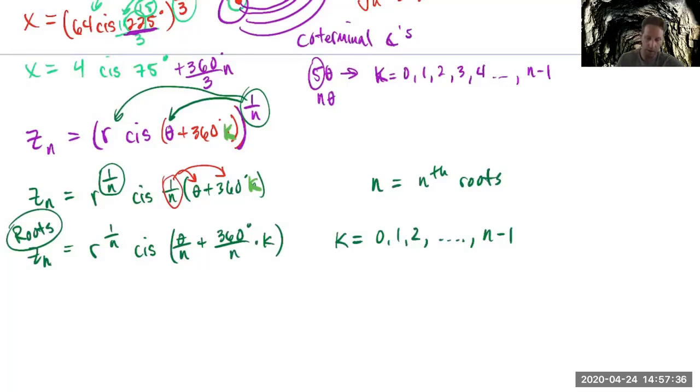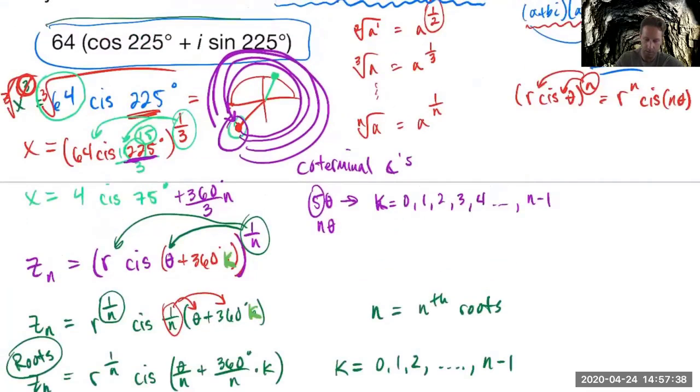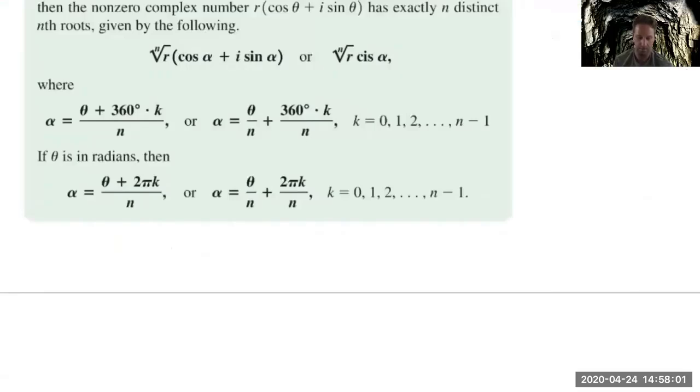We're going to be dealing with actual numbers like I started with here when I go through a few examples. And again, sometimes they're going to give us the form that we prefer, which in this case is that trig polar form. Other times they're going to give it to us in rectangular form, which means we're going to go ahead and try to rewrite it in a simpler form. And that's polar. So just to recap,